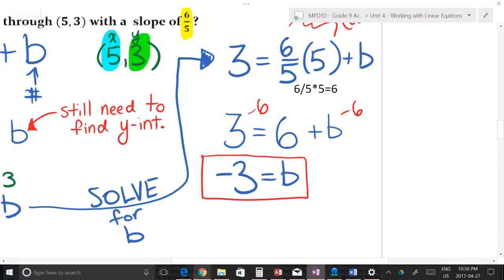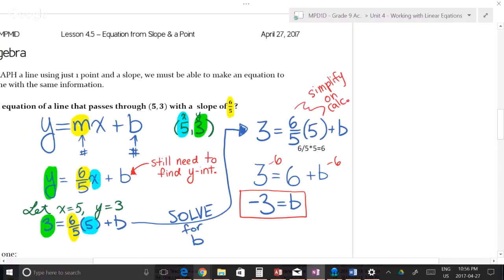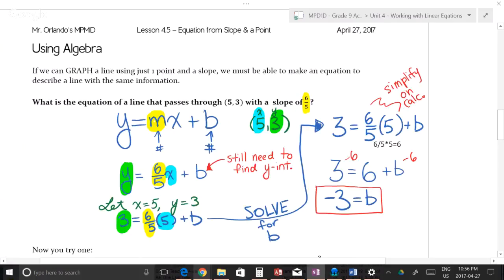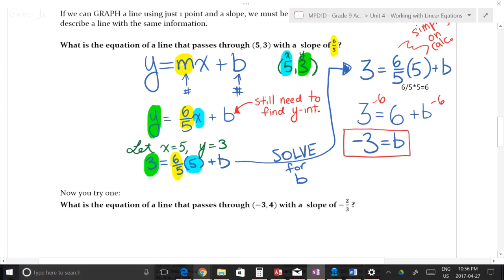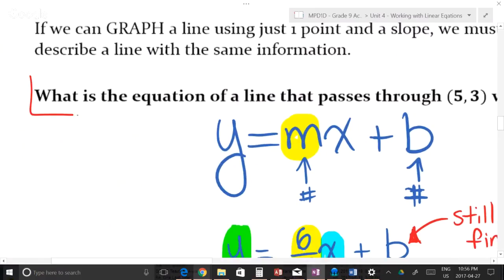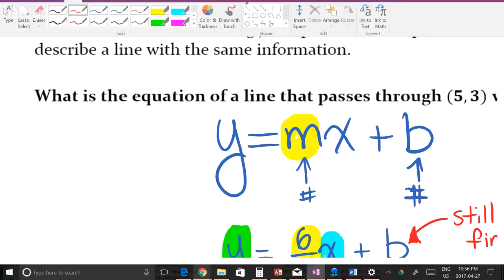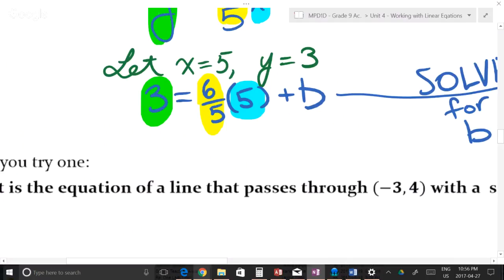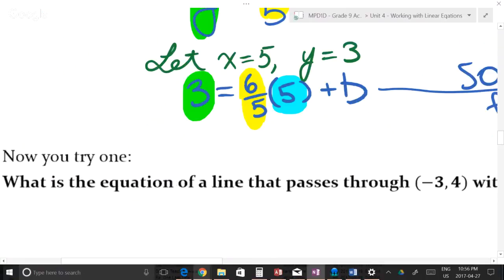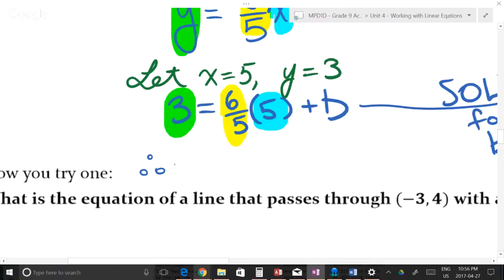Now, that isn't the end of the question, because the question wasn't, what is the b value of a line that passes through 5, 3 with a slope of 6 over 5? It was, what is the equation? So we're going to answer the question, because we are question answerers all. We love to make sure that we always answer the question completely. So we would say, therefore, the equation